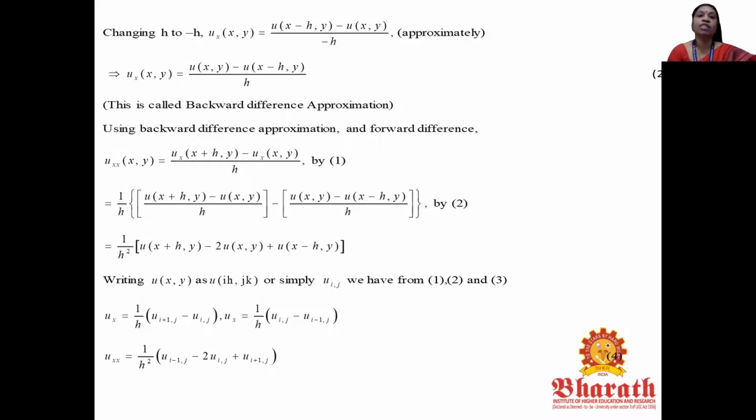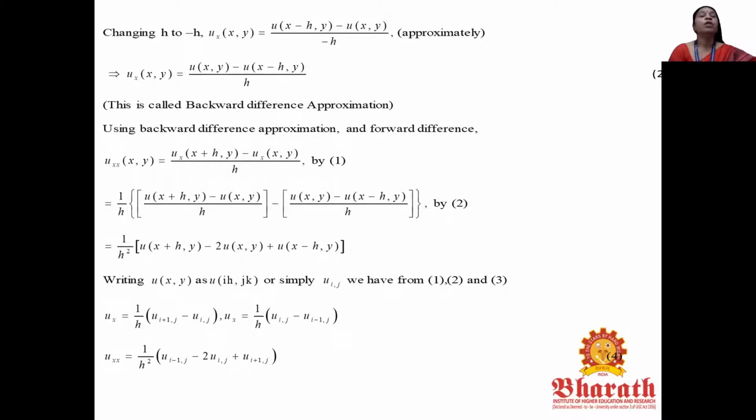Now we are taking the h from the previous step. We are taking the h to the outside. So we'll be getting 1 by h square. Already one h is there. So 1 by h into 1 by h will become 1 by h square into u of x plus h comma y minus, we are just adding the terms. That is, already you have minus u of x comma y. If you remove the bracket, you will get another minus u of x comma y. So that term will become minus 2 into u of x comma y plus, this minus into minus will become plus, u of x minus h comma y.